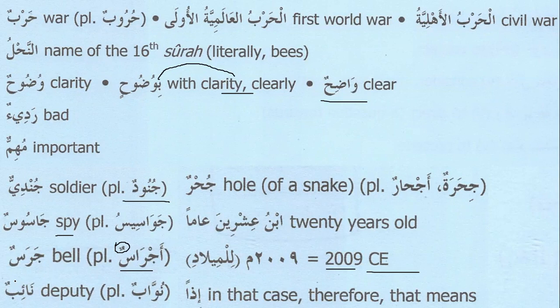Like qa'ilun, sa'ilun, right? So it is basically naba yanubu niyabatan. So sometimes you say niyabatan anni, on my behalf. Do this on my behalf. Or niyabatan anka, on your behalf. So niyabatan is the masdar. So na'ibun is the ismul fa'il, and inshallah the next lesson is about ismul fa'il.